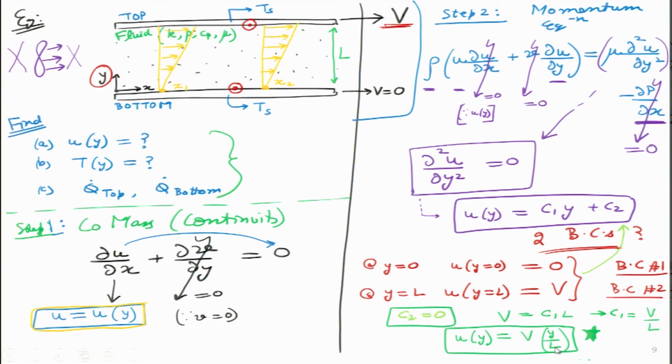Now we go back to the figure that I had drawn earlier. Maybe with green ink I can show. What we had drawn earlier was correct. This is a linear profile that we will get over here. The length of these arrows indicates the velocity of the fluid, so the magnitude is shown, and the direction is also shown, that is why we have put an arrow over there. The fluid velocity is 0 at the bottom and the fluid velocity is capital V at the top, because it is moving along with the solid surface.